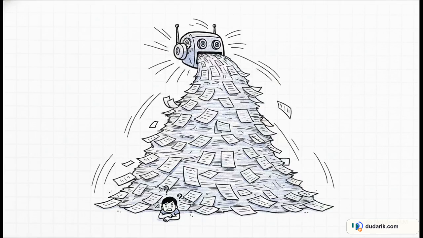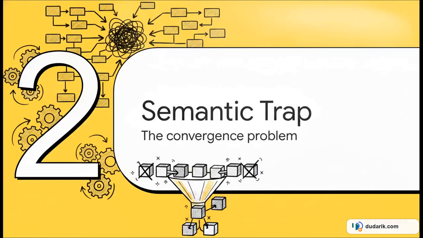AI has absolutely accelerated document generation. It's flooding us with more text than ever before. But here's the catch. AI doesn't magically replace the underlying exchange format. It literally just makes the pile of traditional documents taller. Both humans and AI agents still desperately need a portable, structured medium, something machines can easily parse, but without needing some massive central committee dictating how everyone has to speak. Which brings us to section 2, the semantic convergence trap.